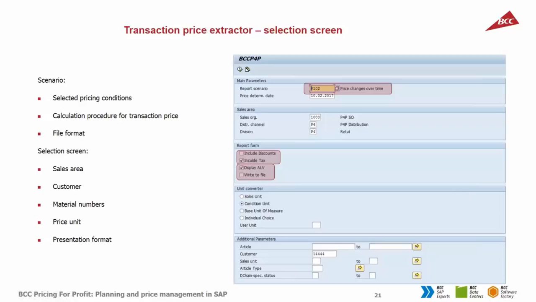So the transaction price extractor module is also based on the configuration associated with the scenario and additional parameters on the selection screen. In a scenario, like in the pricing conditions extractor, we assign the selected pricing conditions, configure how and for which algorithm transaction price is to be calculated, and if we want to export the results to a file in a particular format, because the standard formats are now